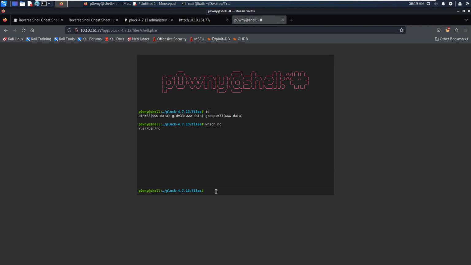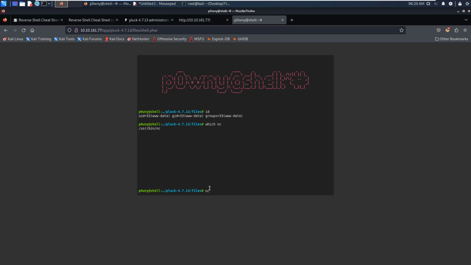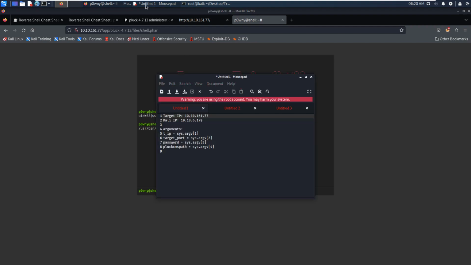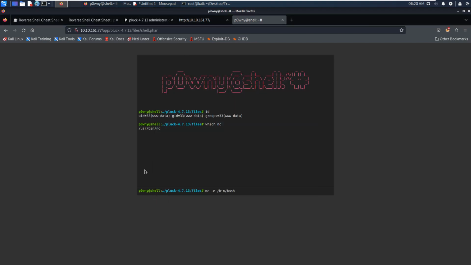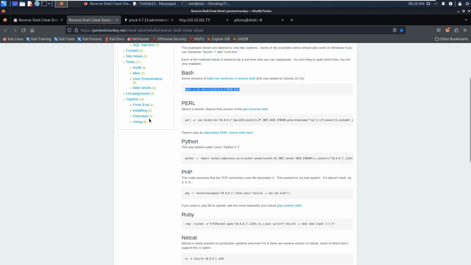Netcat is there. So we can set up the listener on the Kali Linux, 5555. And maybe we can use netcat with the option -e. We want to get the bash session, and next we need to provide the IP address of the Kali Linux and port number. However, failed. So I think we need to get another reverse shell command, for example this one, to see whether